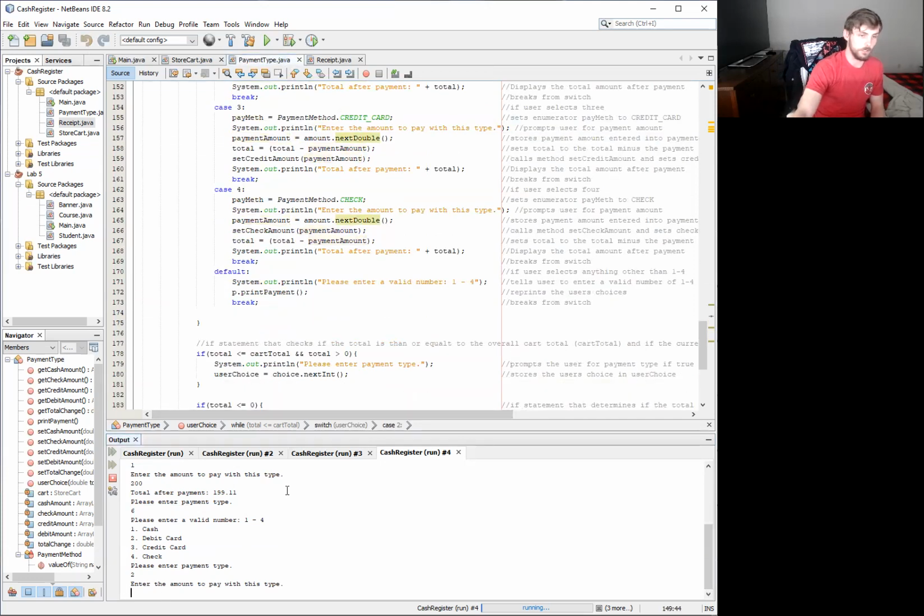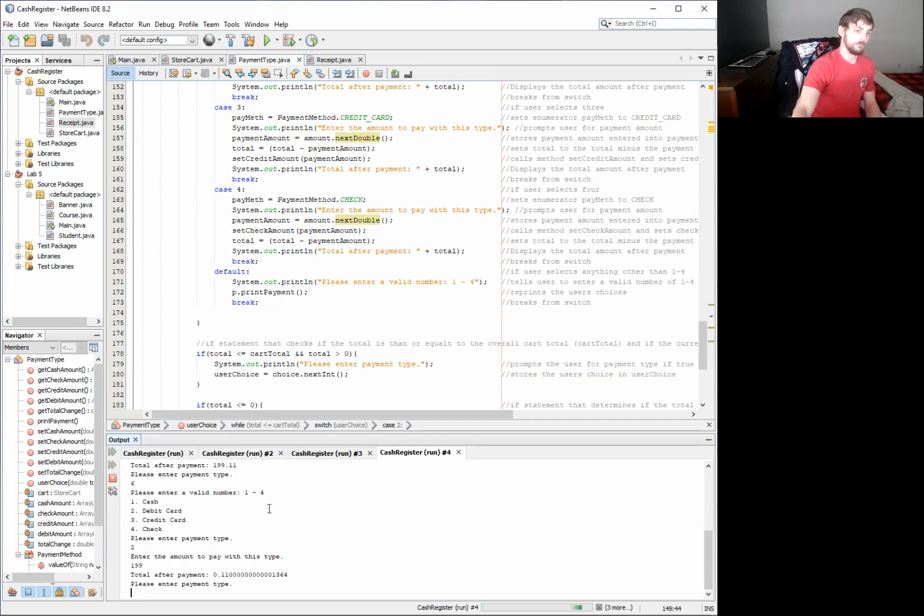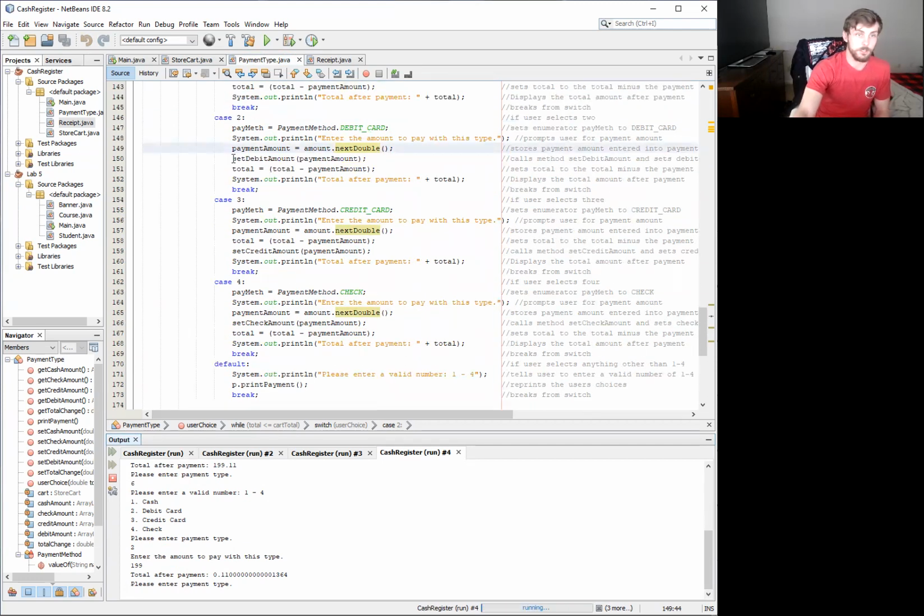So I have $199 left. Let's say I enter 199 exactly, and I have 11 cents left over. So it called the method set debit amount, stored whatever I put in as a payment amount, and an element in the debit amount array list. And then calculate the total once more. So it took the current total, which was 199.11, subtracted my payment amount, which I put in as 199, and updated the total, which is now 11 cents,